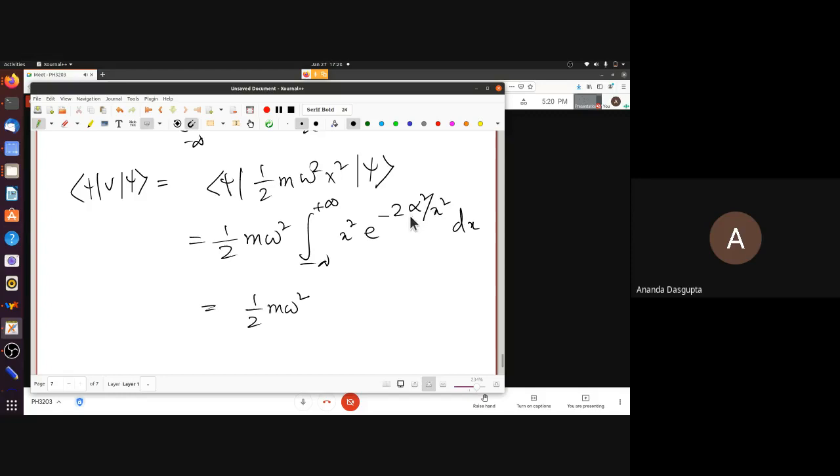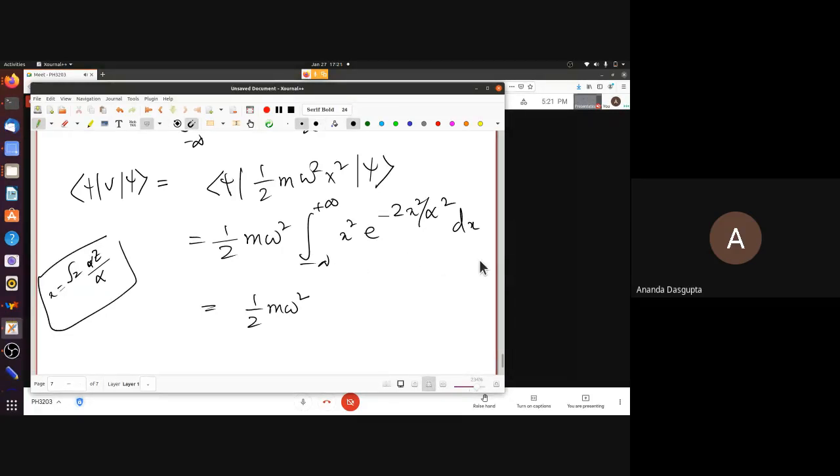Once again, the same substitutions. What did I do? Root 2x square by alpha square, minus 2x square by alpha square here. Same substitution, x equal to root 2x by alpha is z. Of course, I could have avoided the root 2 simply by using a 1 by 2 alpha square in the wave function in the first place. But anyway, this choice tells me every time you see an x within the integral, you get an extra factor of root 2 by alpha. So how many factors of root 2 by alpha will you get